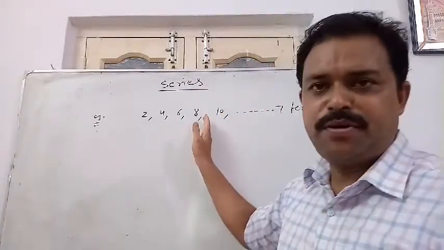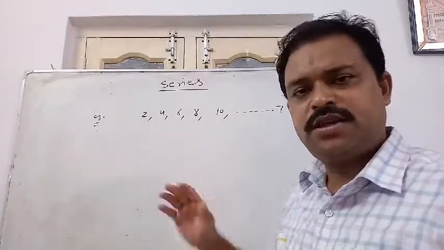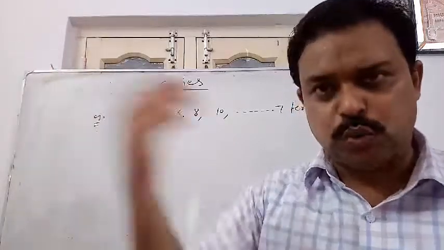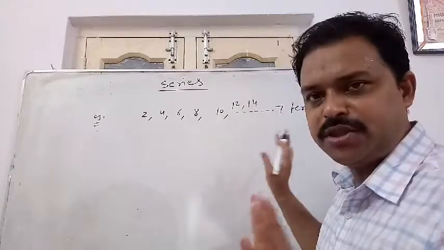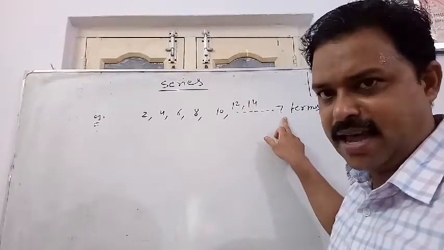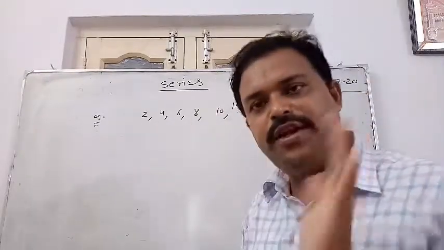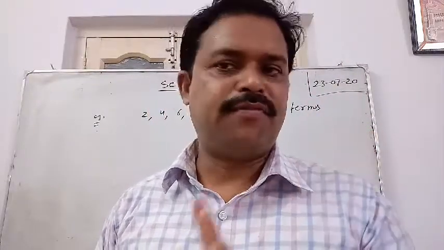So here, I have taken a very simple series. What is the relation between the values? Sir, here every value we are getting after an increment of 2. So after 10 I am supposed to get 12, then 14, that much only, because I have told that I need only 7 terms. So 1 2 3 4 5 6 7 terms. Till 14 you have to print, not more than that, not less than that. This is called number of terms.